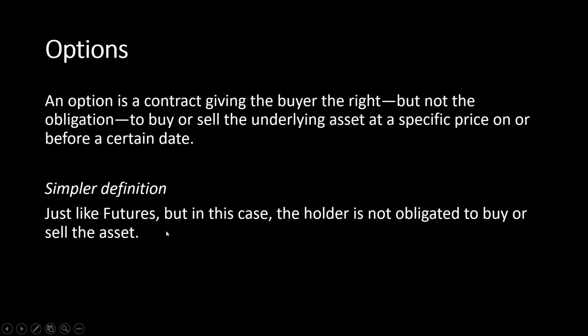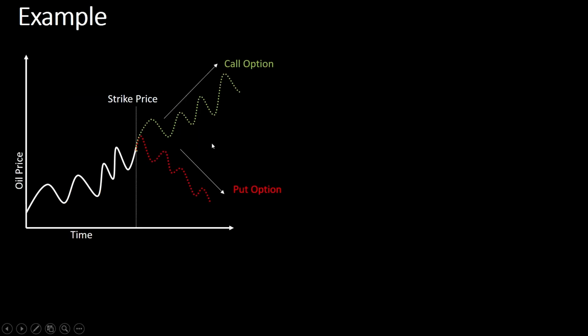But in options, the holder is not obligated to buy or sell the asset. You can ditch the position if you are at a loss, right? Let's go back to the oil example. Let's say you had agreed to buy oil for $70 per barrel, and then oil now is $60 per barrel. You see, you are at a loss of $10, so you decide to ditch the contract, as is possible in the case of options, and we'll explain why in a few. Example: